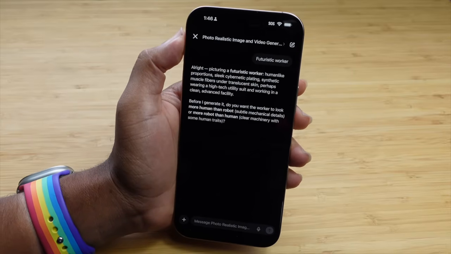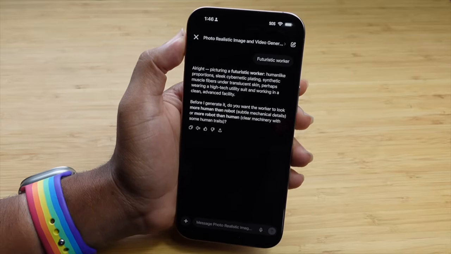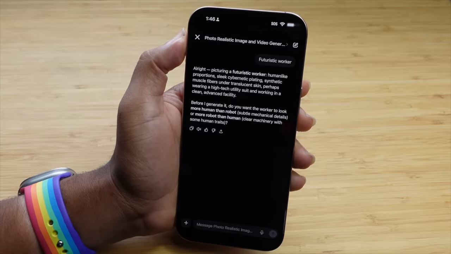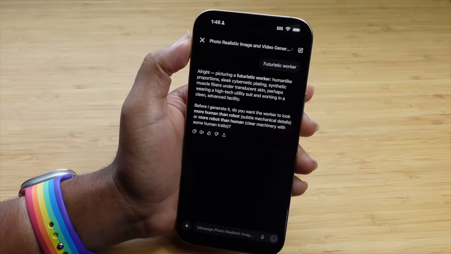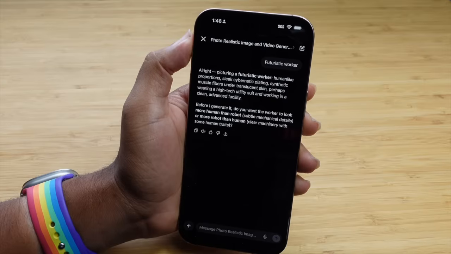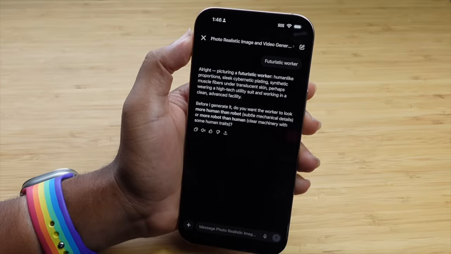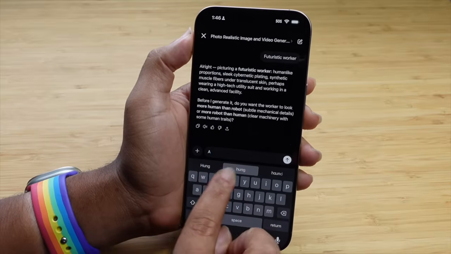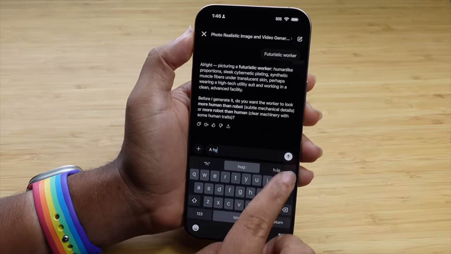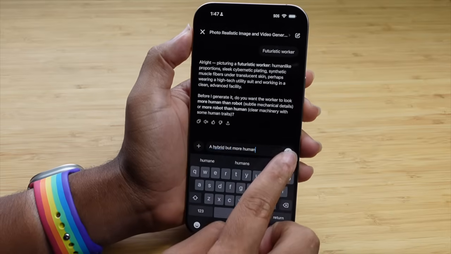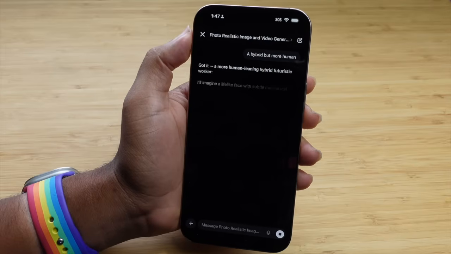All right, picturing a futuristic worker. So, human-like proportions, sleek cybernetic plating, synthetic muscle fibers under translucent skin, perhaps wearing a high-tech utility suit and working in a clean, advanced facility. Before I generate, do you want the worker to look more human than robot? Subtle mechanical details, or more robot than human? Clear machinery with some human traits. A hybrid for me. Hybrid, but more human. So here I'm chatting with ChatGPT